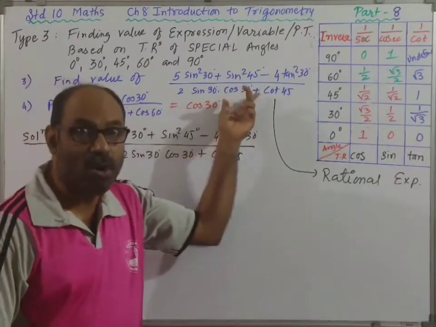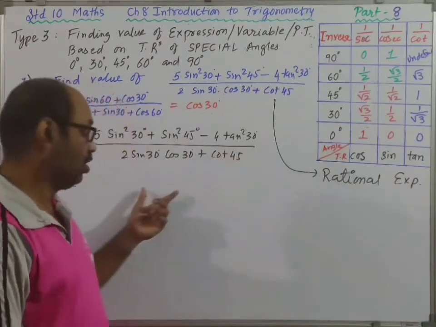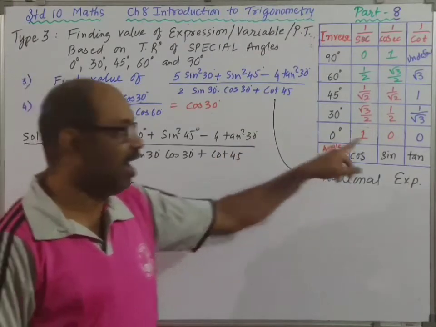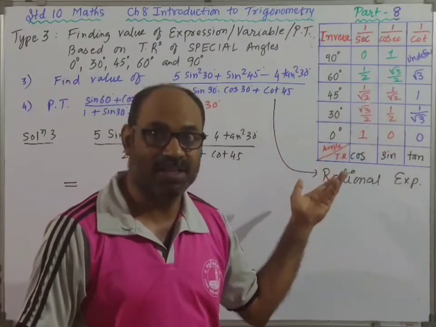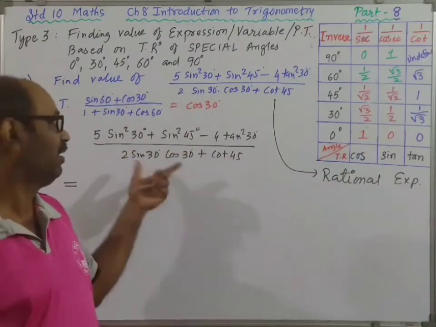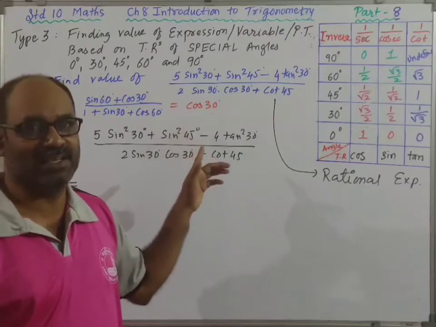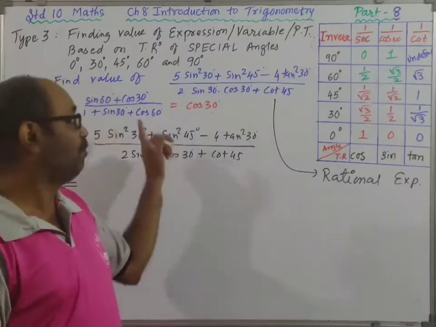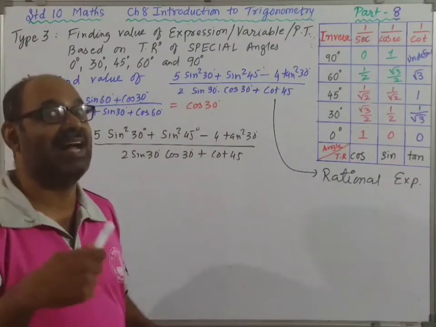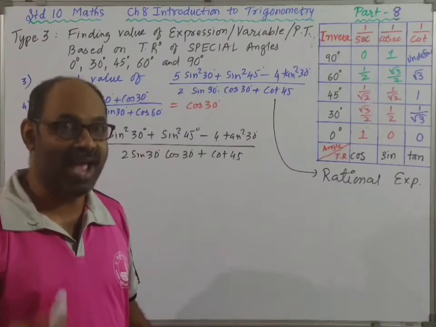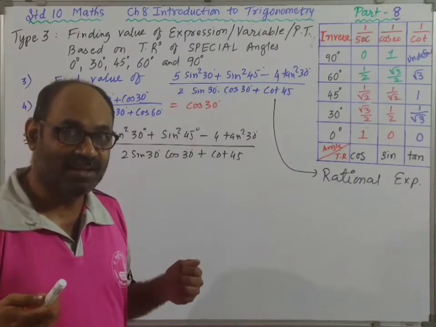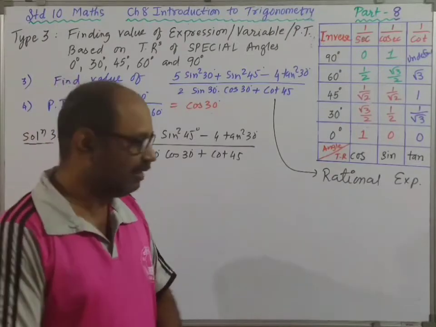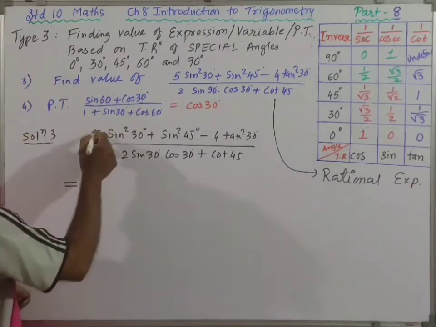Because here you do not know what will be the value of the expression. शायद कहीं गलती कर दी. दो गलतियां हो सकती है. Cot 45 is 1, लेकिन आप 1/√3 गलती से लिख दिया, गया काम से. दूसरी गलती while simplification कुछ cancellation, subtraction, addition में गलती कर दी, तो आंसर रॉन्ग. लेकिन जब प्रूव करना होता है तो पता है कि क्या आंसर लाना है. What answer you should have. So that is support to you. And when you have support, the work becomes easy. Correct? Okay.